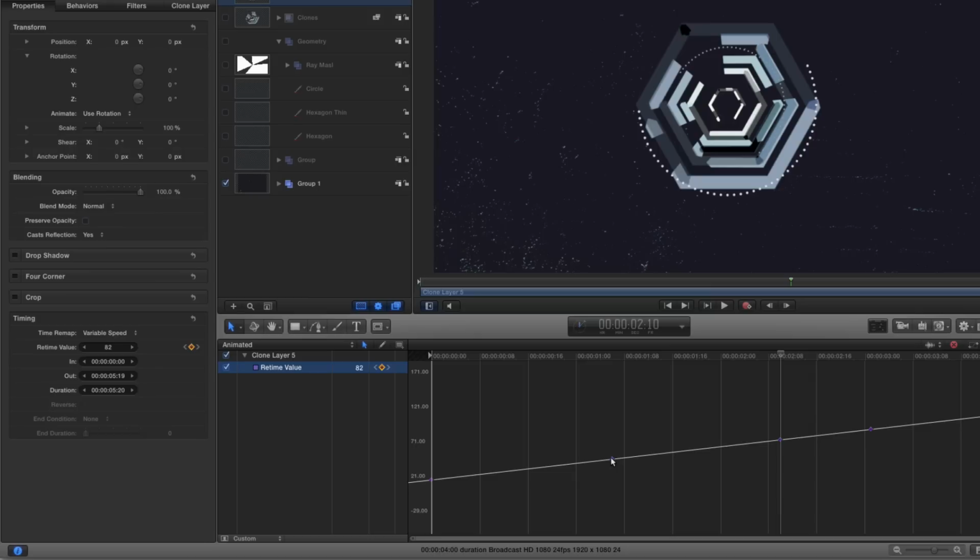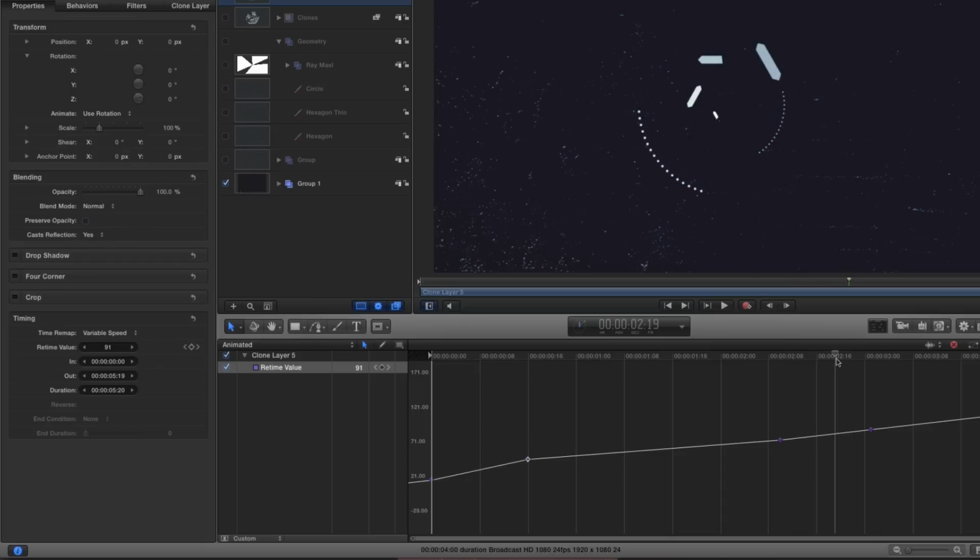And then what I can do is take this second keyframe and move it back in time, holding down the Shift key. So we come to about frame 16 or something like that. In doing so, I've extended the middle section and I've sped up the start section to be much closer in length to the final disassemble.